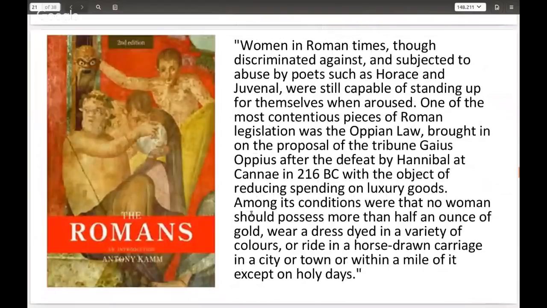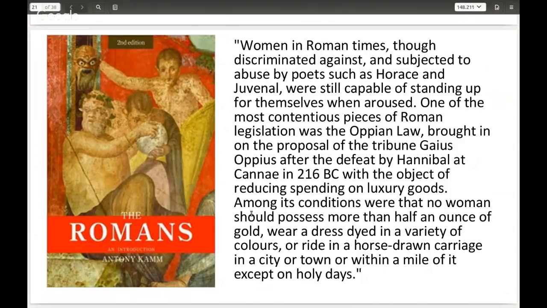We continue. "Women in Roman times, though discriminated against and subjected to abuse by poets such as Horace and Juvenal, were still capable of standing up for themselves when aroused. One of the most contentious pieces of Roman legislation was the Oppian Law, brought in on the proposal of the tribune Gaius Oppius, after the defeat at Cannae by Hannibal in 216 BC, with the object of reducing spending on luxury goods. Among its conditions were that no woman should possess more than half an ounce of gold,